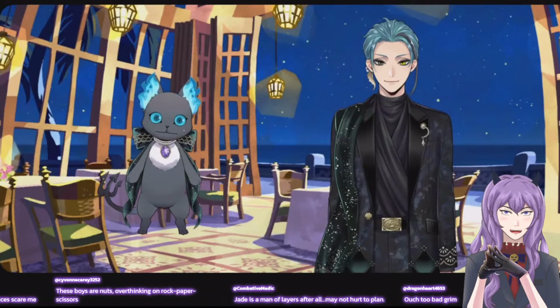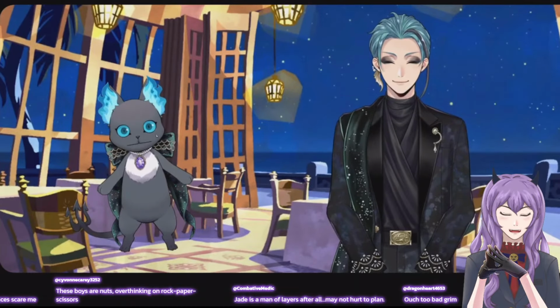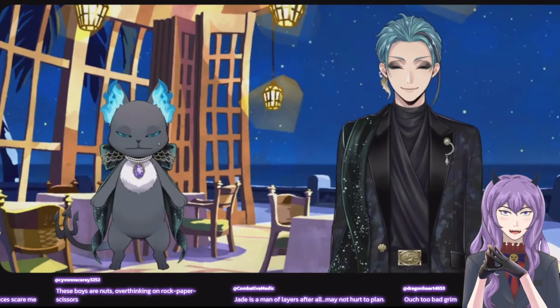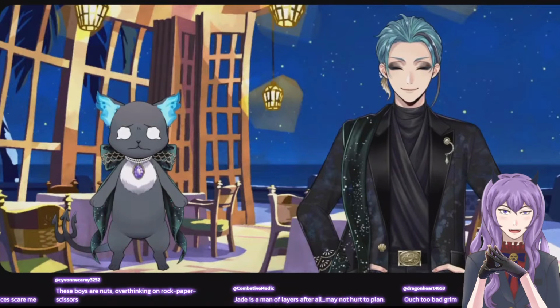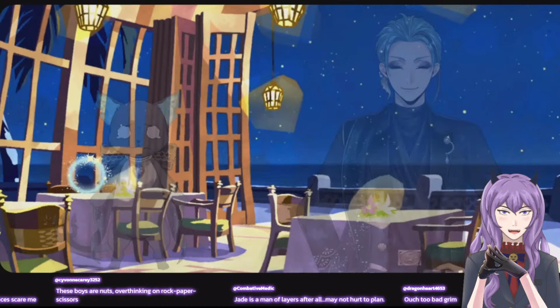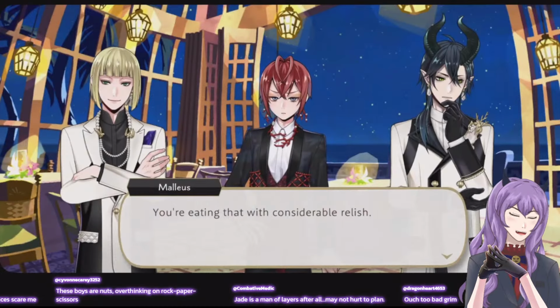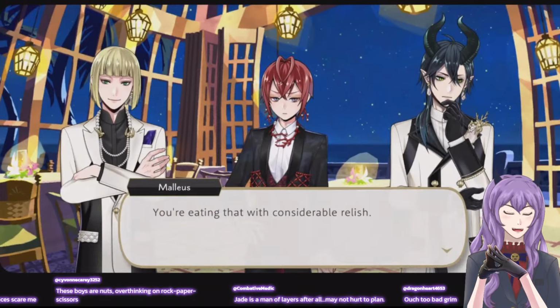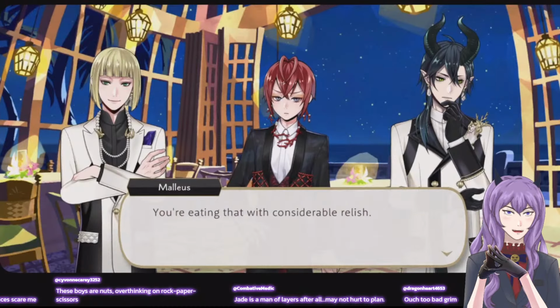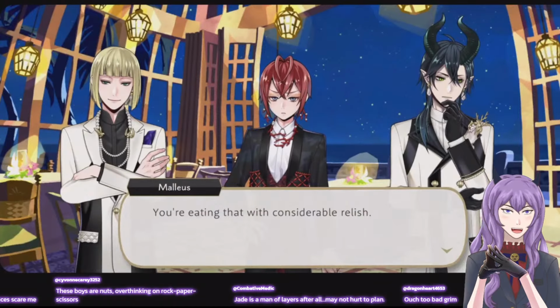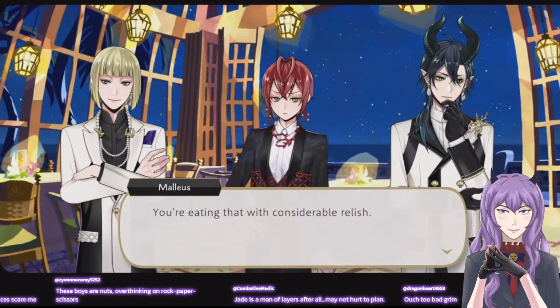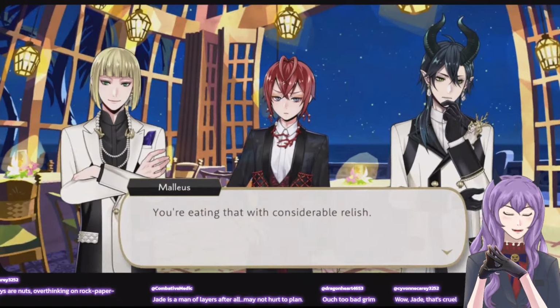He's just eating his food right in front of him. Can you imagine just eating your food, like, oh, I'm so sad you didn't win. Yes, this food is so good.